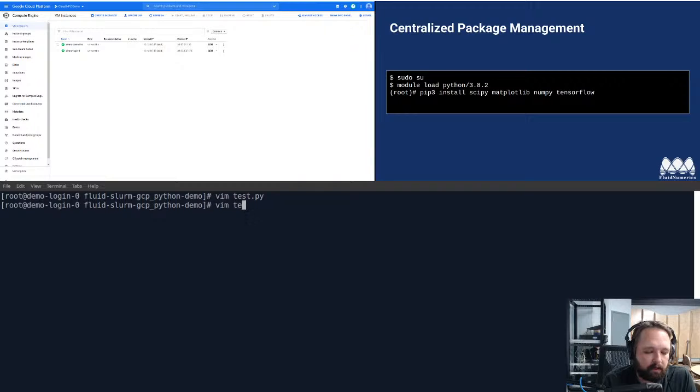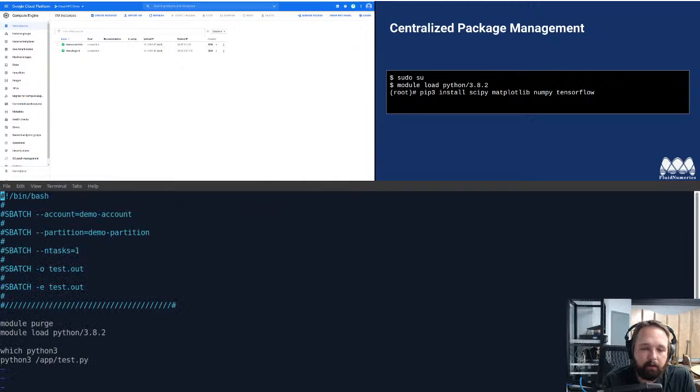Let's take a look at this batch file that we're going to use here. So essentially, to run jobs on the Slurm cluster, you'll need to use either srun or sbatch, or a combination of those with salloc. We're going to use sbatch today. So make sure when you go to submit this file, you open this up and you set your Slurm account correctly. Mine is just demo account, and you set your partition to be the partition you want to submit the